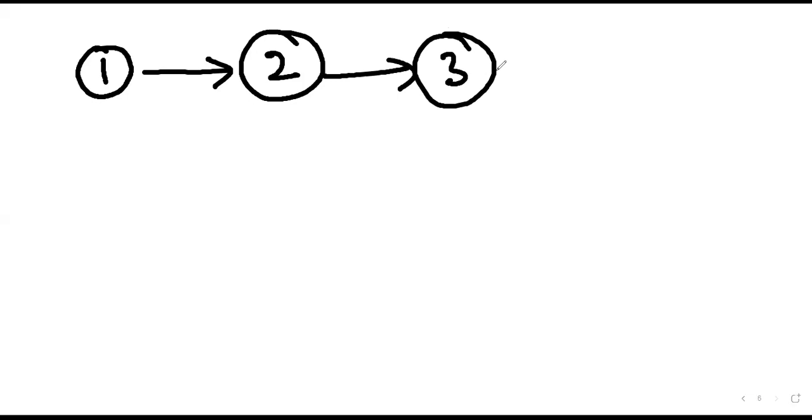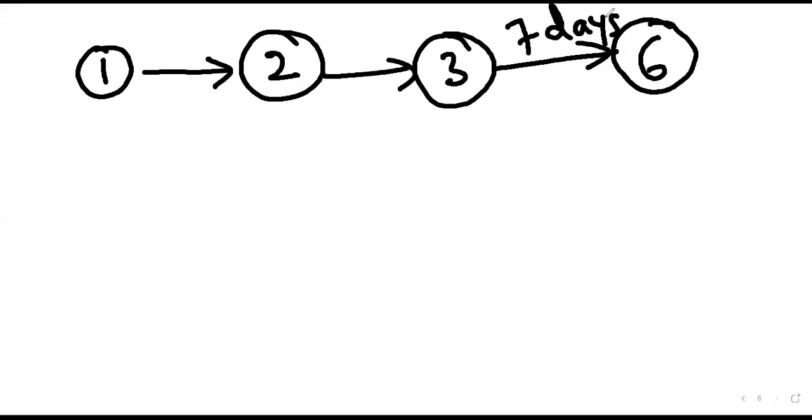How do we represent it? 3-6. Correct. And how many days is it taking? 7 days. And how many days did 2-3 take? 4 days. And the first activity? 6 days. All right.